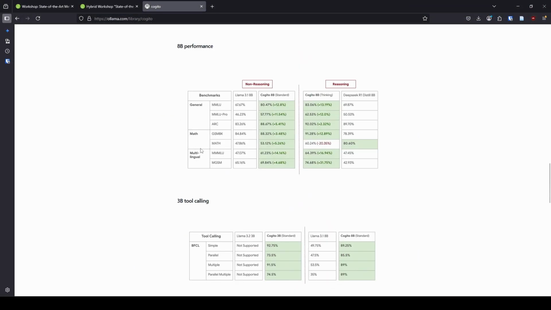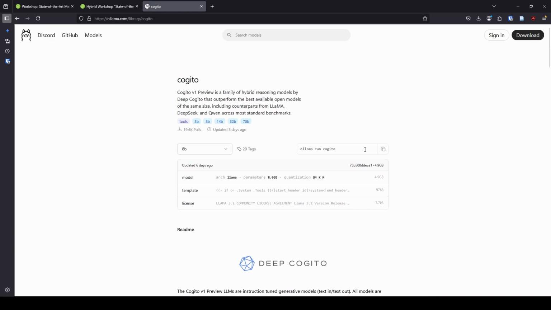So as a reminder of how we can actually get this downloaded, first and foremost, I'm going to change this to 14 billion. Oh, I forgot to talk about size. Okay, size of these models. I have an 8 gigabyte VRAM graphics card. As you can see here, the 8 billion parameter model is just under 5 gigs. So that runs super, super fast on my machine. It's wonderful. When I bumped it up to the 14 billion parameter model, it is 9 gigabytes, which means it has 1 gig worth of data that spills over into my system RAM. That worked out okay for me. It's not too slow. I'm going to show you guys just in a second here what that actually looks like.